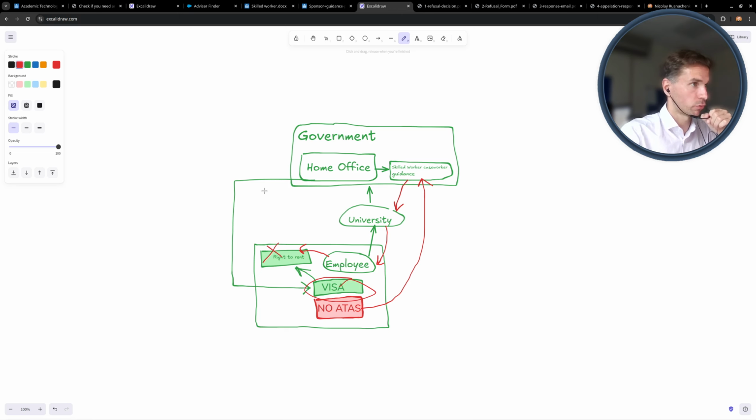With all these scenarios, what the legal advisors would tell you is that what might happen to an employee running into this case is that the Home Office might turn over their decision on the initial visa after several months, as long as the ATAS is not approved.